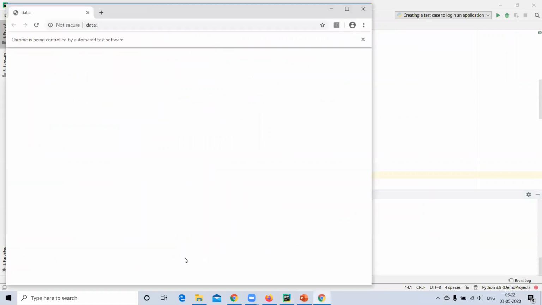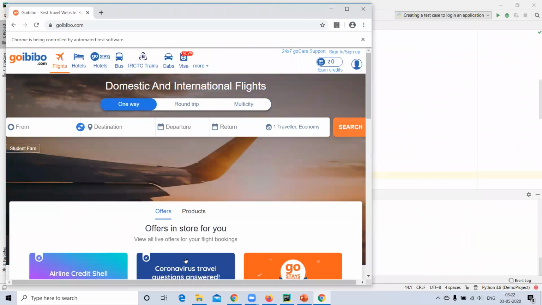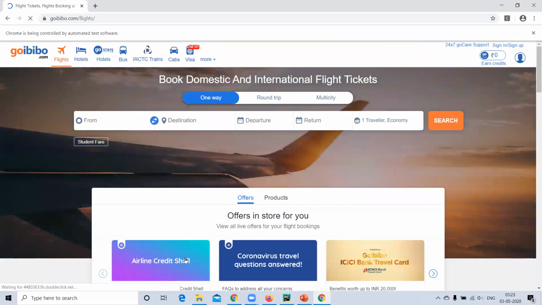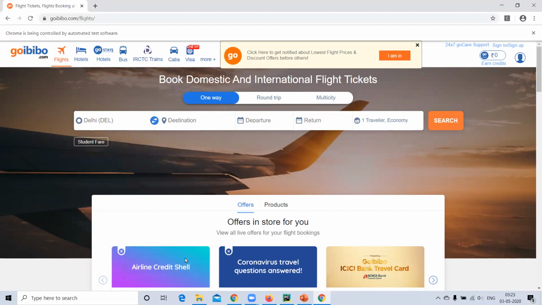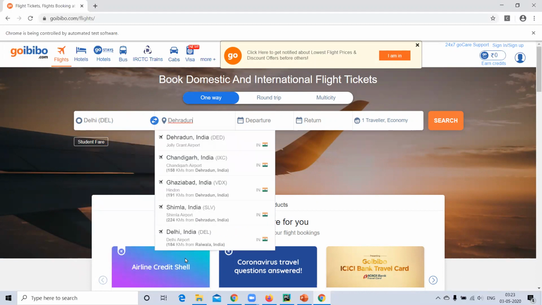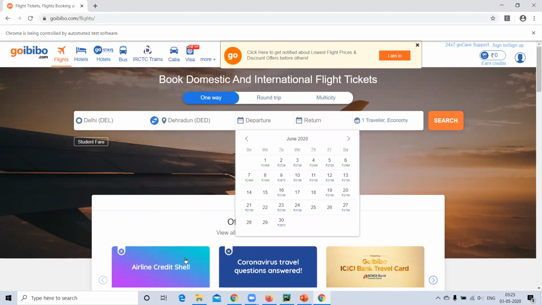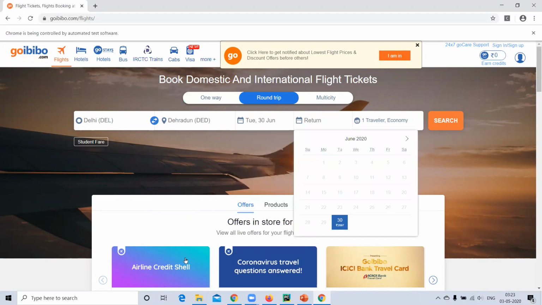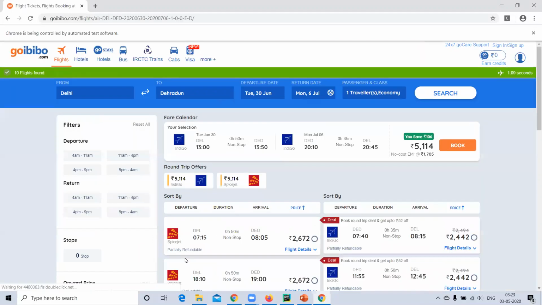So again, launching application, then clicking on flights icon, entering this pre-populated value, then Dehradun first, then departure date as I had provided 30th June, so it's entering, and return I had 6th July, and then search button.